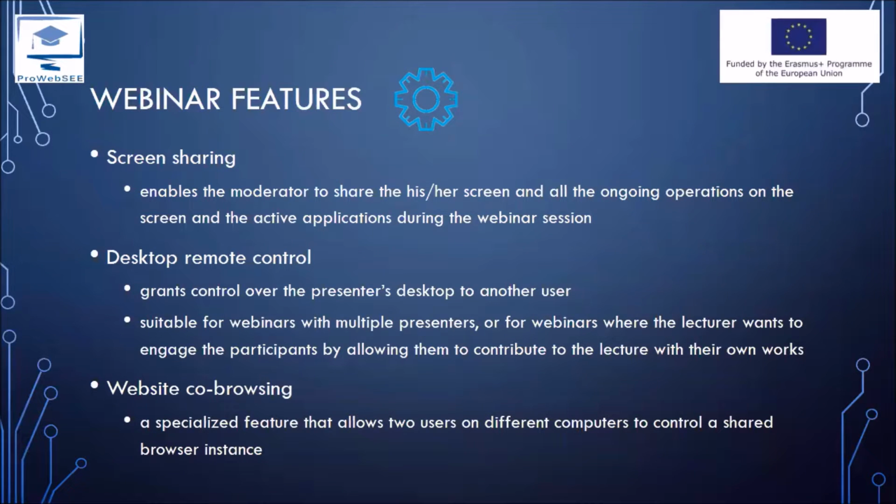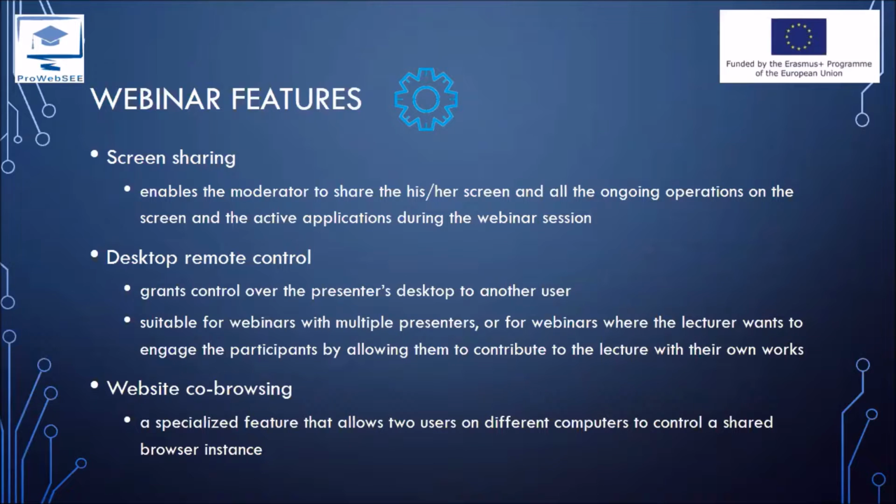It is also great because it does not share the whole desktop of the lecturer, but the lecturer can select certain applications that he or she wants to be shared, thus not breaching privacy by revealing other open applications.